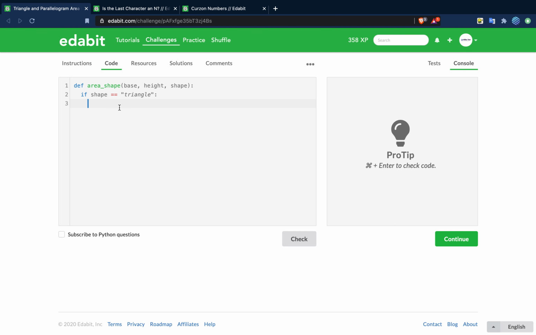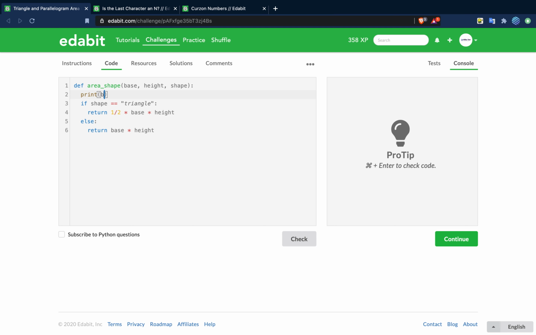If shape equals triangle, return 1/2 times base times height. Else, since the only other shape will be a parallelogram, we don't need an elif statement, so we can just return base times height, and then up here we're gonna just print a bunch of stuff,